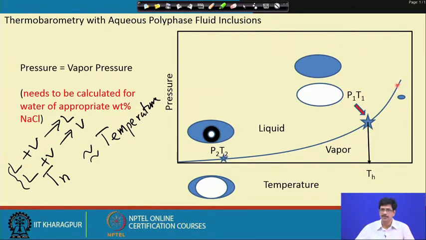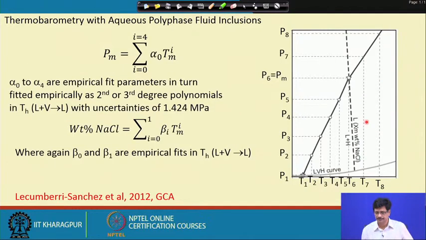As we know, the maximum vapor pressure in case of a liquid vapor coexistence can go to 220 bars, that is the critical point, and anything below that. So, suppose this particular point corresponds to about 100 bars of pressure, and if we establish that this particular pressure is a hydrostatic pressure, then we can calculate the depth at which this process took place, or where the mineral formed.